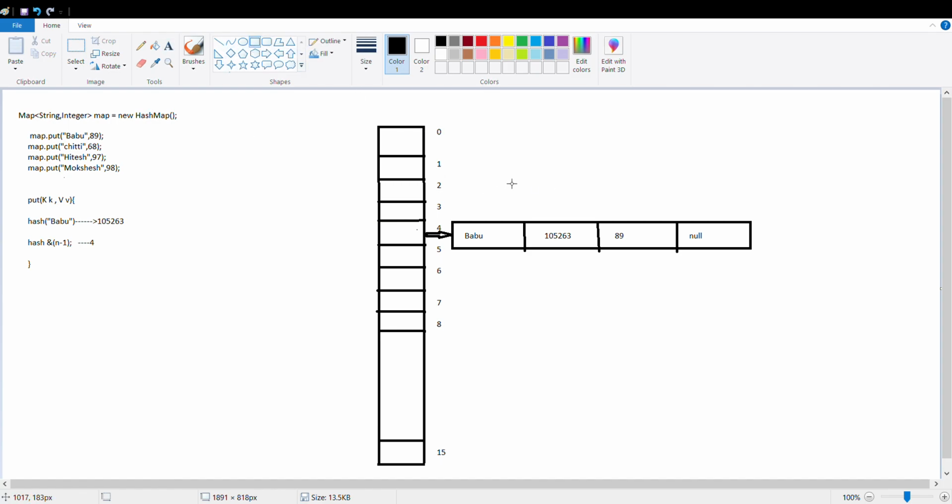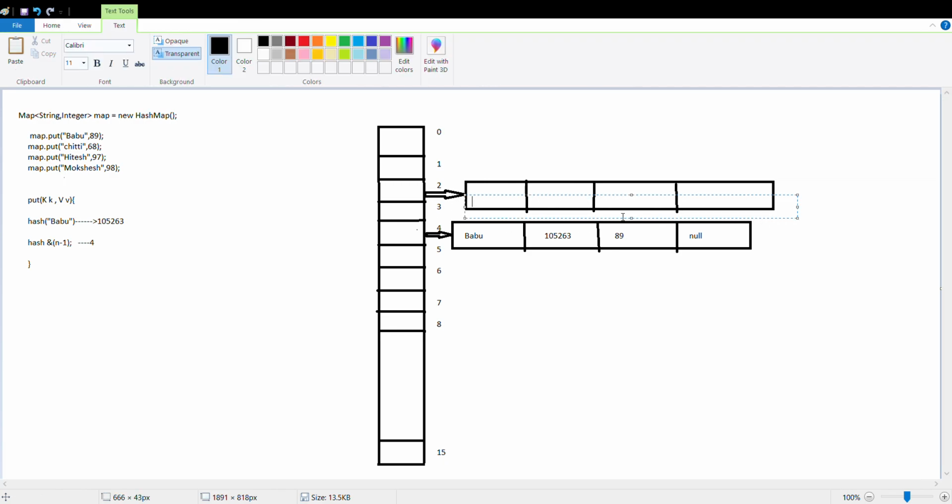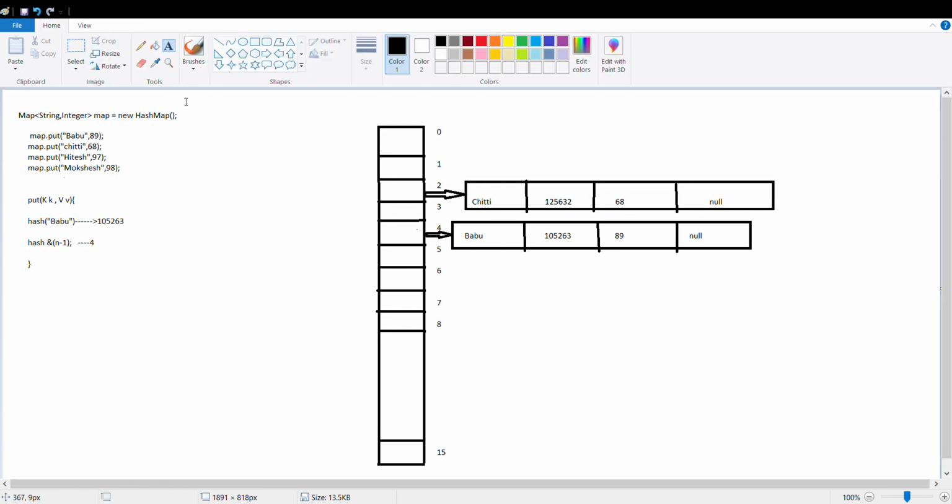It will go to index number 2 and store the data: the hash code of Chitti, say 12563, the value 68, and the next node reference, which is null for now.